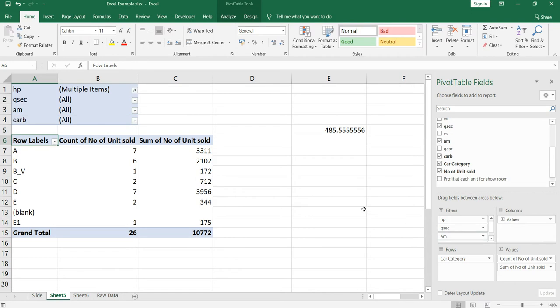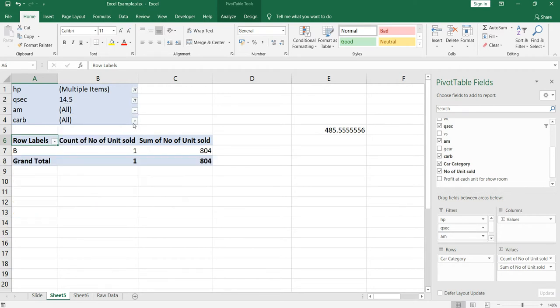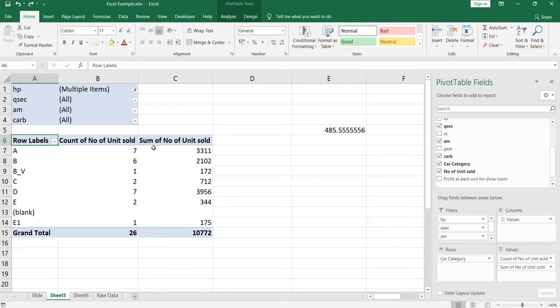Now, you can select the values here based on your requirement. Okay, so the second option which I was about to show you is the calculated field, which we use often in our day-to-day life.